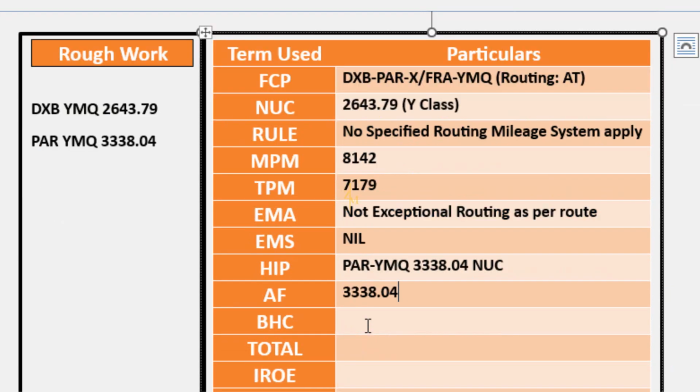3,338.04. Step 10, Backhaul Check, BHC, involves comparing the fare from the origin to an intermediate stopover point with the fare from the origin to the final destination. In our example, the fare from the intermediate point Paris, PAR, to the destination Montreal, YMQ, is higher than the fare from the origin, Dubai, to the destination, Montreal. Step 11, Total in Neutral Unit Construction, NUC. To summarize all the surcharges and checks, the total fare in neutral unit construction, NUC, is